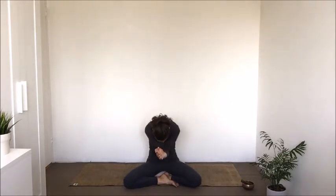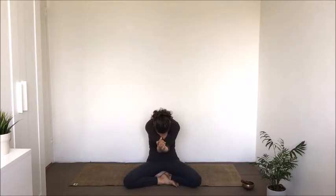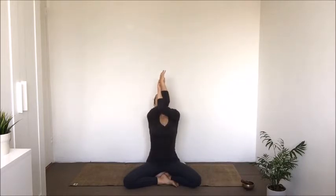We'll do this a couple of times. Breathing in, lift the chest, lift the elbows, gaze up. Breathing out, draw the elbows to your chest, chin to chest, soften the back. Last one, breathing in, lifting up. Breathing out, softening down. Coming back to the middle with a beautiful breath in